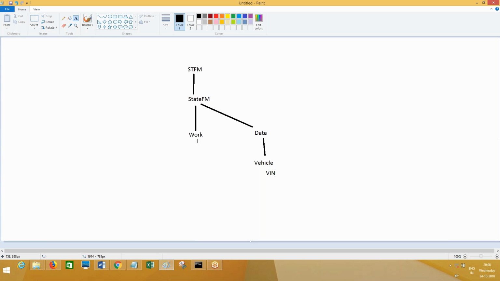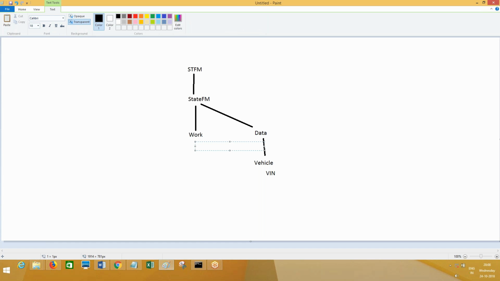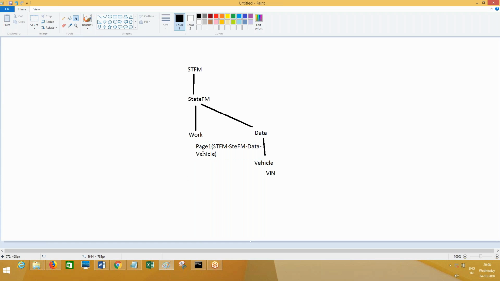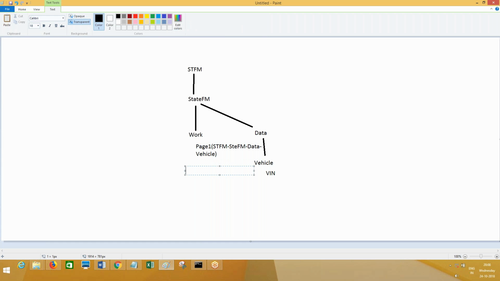It is not there in the inheritance now, but still I can use it. How to use it is, I will create a page here. Let's say Page 1, which will refer to STFM-StateFM-Data-Vehicle. It will refer to this class. When it refers to this class, now this page will have access to these properties. Page 1 dot